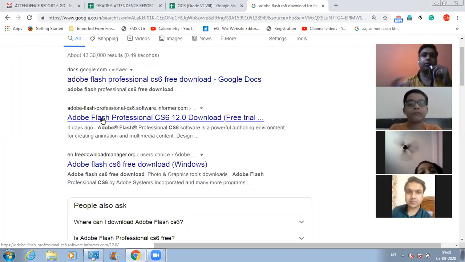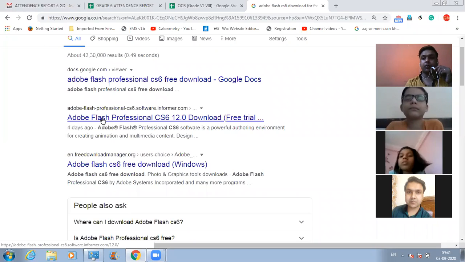Earlier, when HTML was not there, software developers used to design websites using this software called Flash. With Flash we can create movies also. With Flash we can create websites also. With that we can create animated effects also. Fine. So that's what we use Flash for.